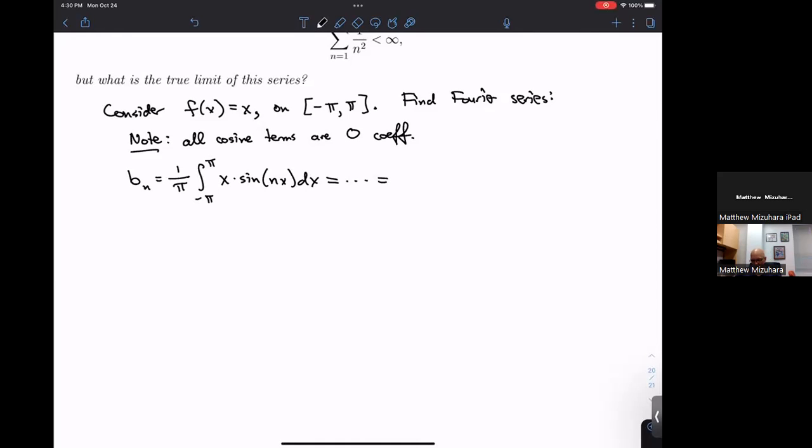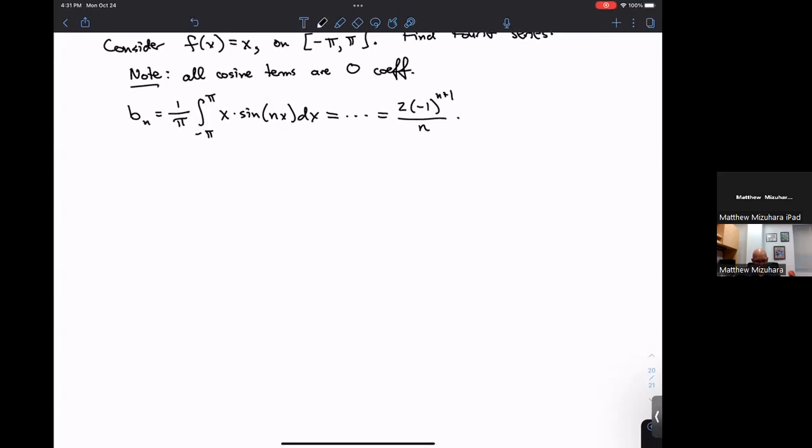You should get 2 times (-1)^(n+1) all over n. This may look familiar from class. You can always think about why this is exactly the same formula we got when we did 0 to pi. That shouldn't be super surprising from what we saw in class. But okay, good. So once we know this, then we know,